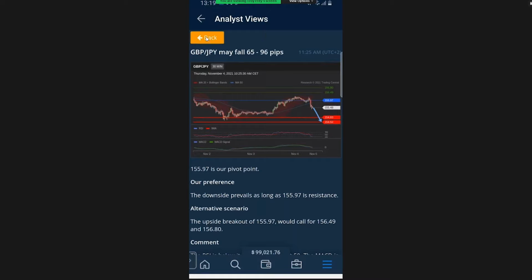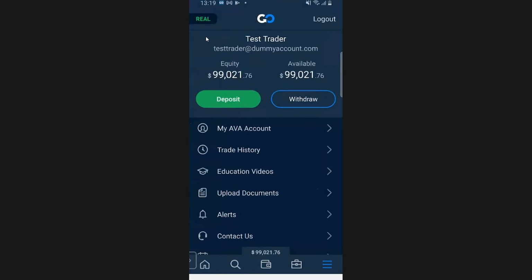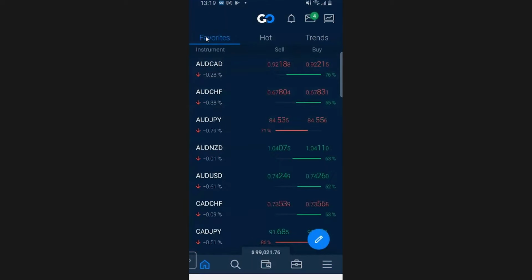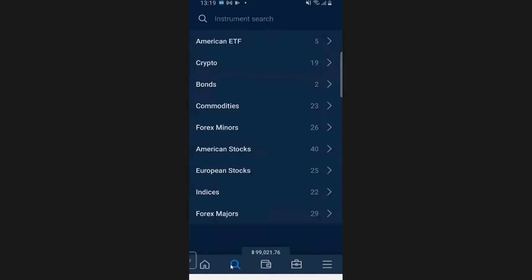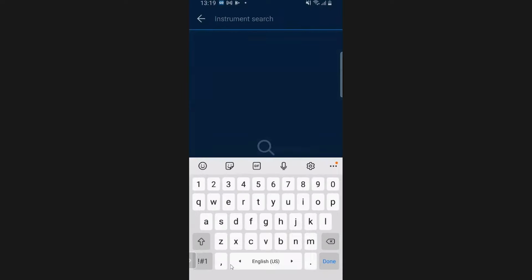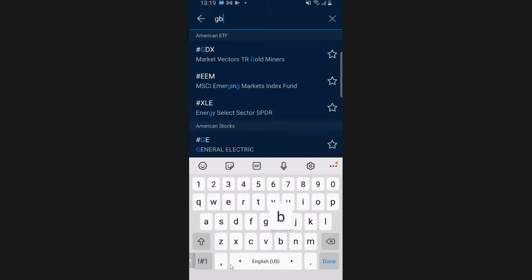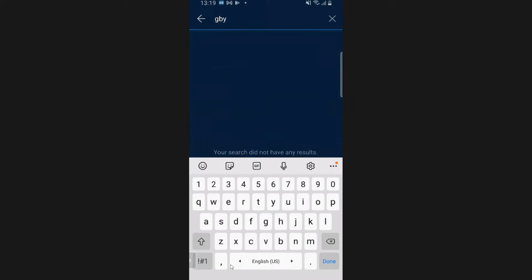So now we can go back, right? And go to the GBP JPY and place our trade. If we have it in our favorites list, it would be here, or we can search for it very simply on the app. We can bring up GBP JPY. And what I'm trying to show you here is you can do all of your technical analysis with help from free signals. Your fundamental analysis doesn't take long to do, and be ready to go after trades. And I want to show you the risk management features here also that will help you out.